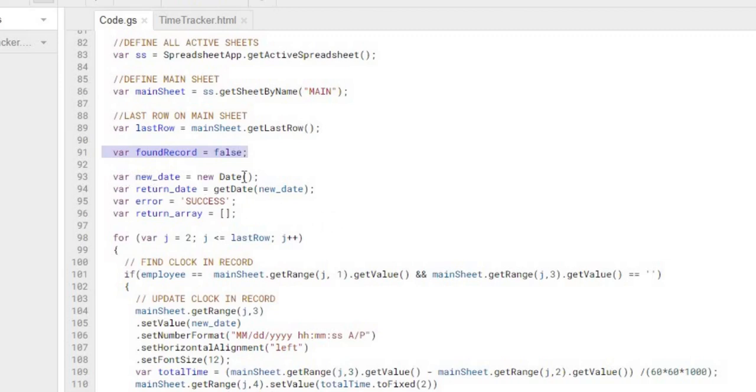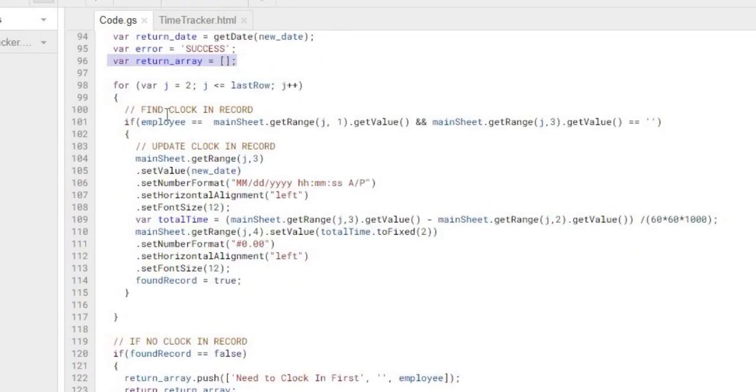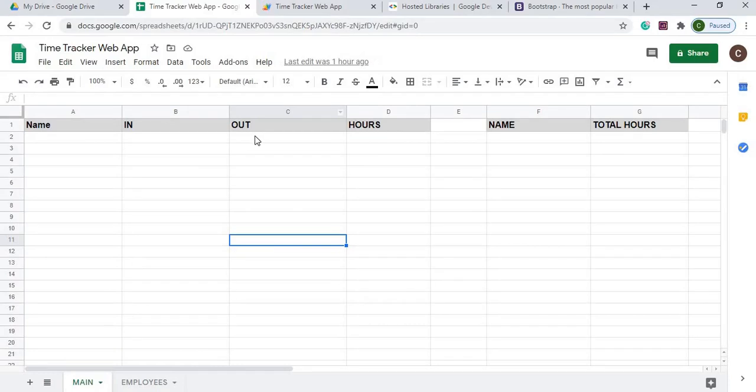So my new date is, I'm setting the current date here. I am calling again my function of getDate to put it in a nice string format so I can return back what was clicked. Setting my error to success. And this will stay success until I find an error in my return array. Again, I'm going to row 2, last row, looking to see if I can find my employee that has a blank clock out. And if I find the clock out,